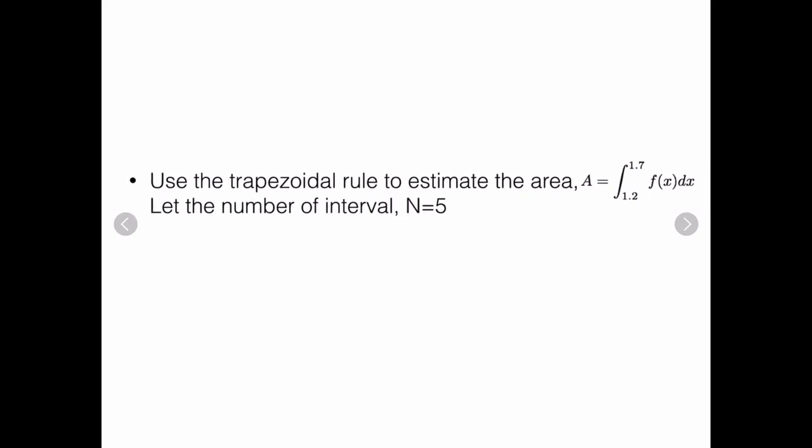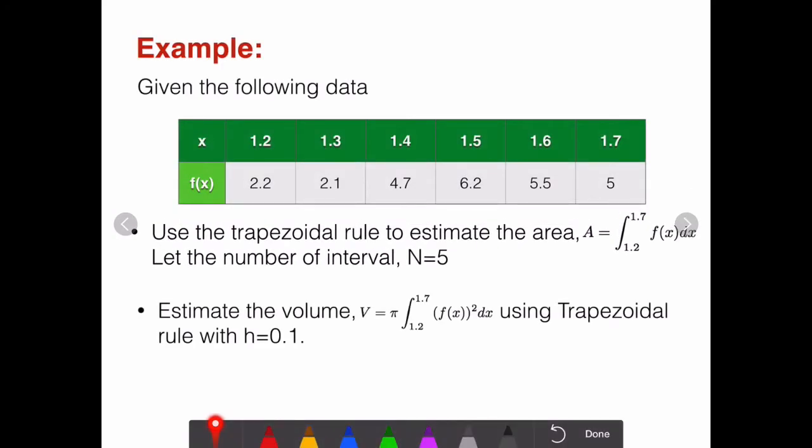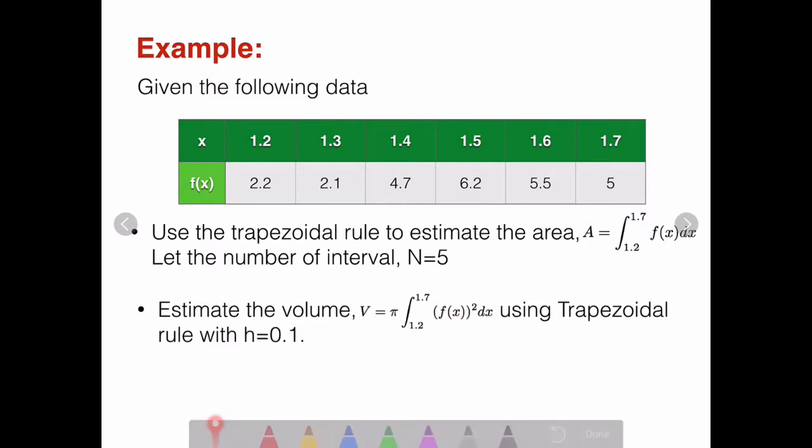Okay, so you're done with the first part. So we go for the second part. We're going to find the volumes. So this volume formula is basically based on f(x) squared. It's no longer f(x), it's f(x) squared. So what you need to do is,